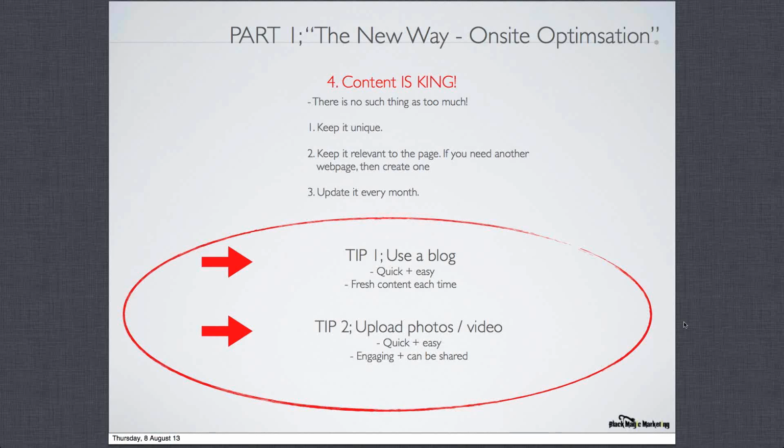If you cite an article in a blog or on an articles page, that's okay. Google can't distinguish between something that's been sort of cited or copied and pasted very well, but if it determines that most of your website is unique and the content is generally unique and there's some articles there that are relevant, it will make the connection between where it's come from, and it will deem it to be relevant. But as a good rule of thumb, try and keep it unique. Keep it relevant to the page it's on.